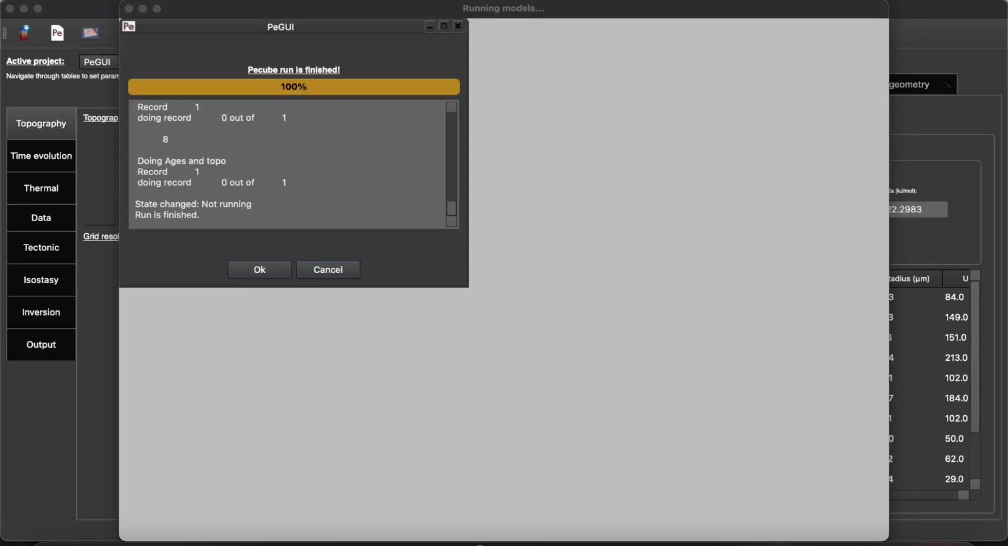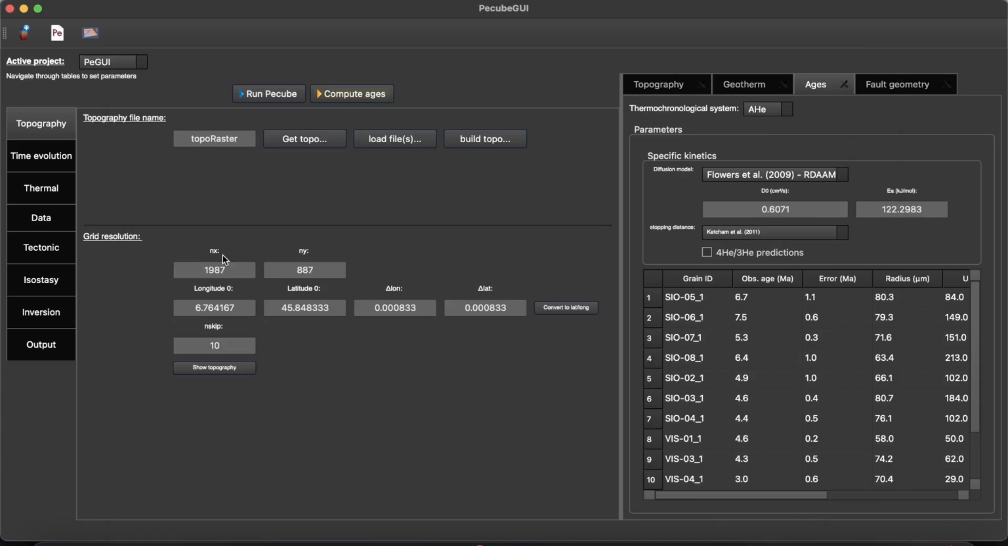Alright, so when your model is finished, the console tells you, and then we can investigate and explore a bit the model outcomes. Just before this, I would like to mention that when you finish running Pecube, this button is enabled now, and then compute ages means actually you can, if you wish, change the kinetic parameters,